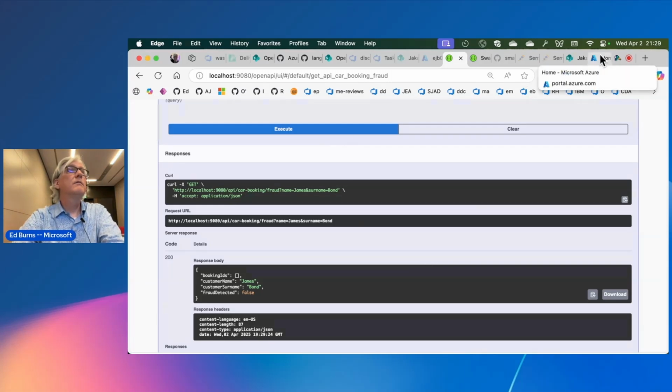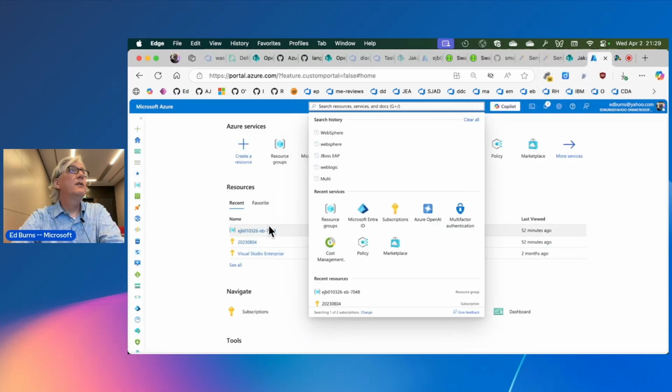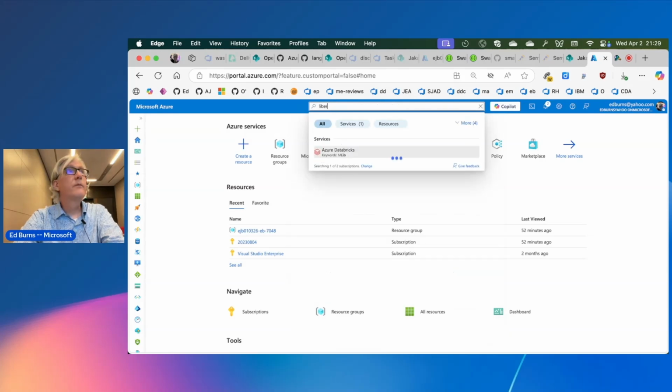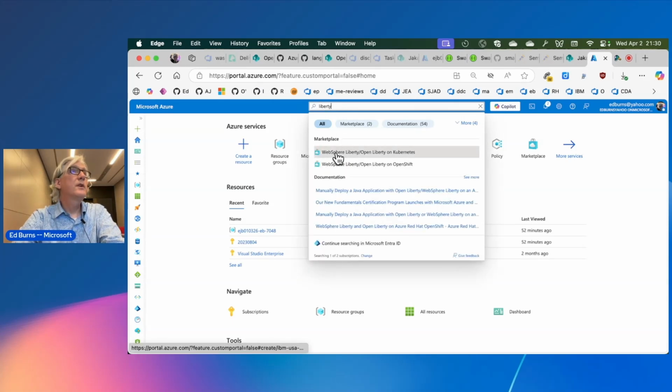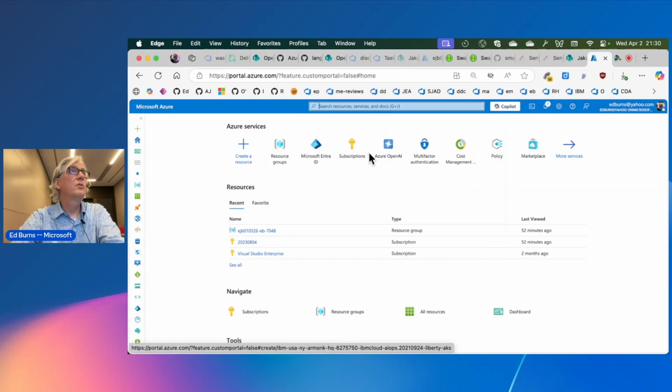What you need to do is use the demo app, build it as a Liberty app, and you can package it as a Docker container, and then go here to the Azure portal and search for Liberty, and press enter. And you should see WebSphere Liberty on Kubernetes, WebSphere Liberty / Open Liberty on Kubernetes.